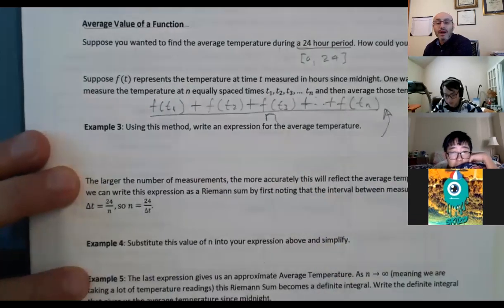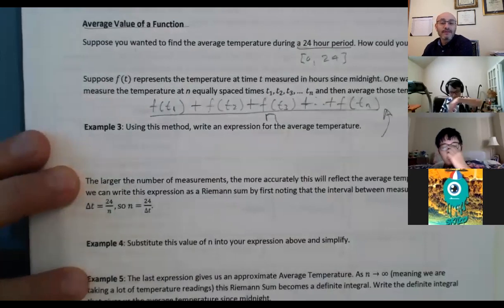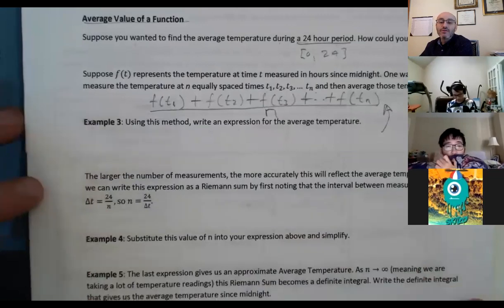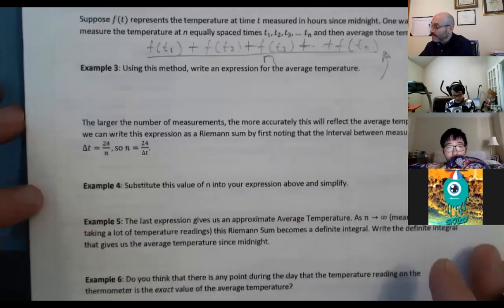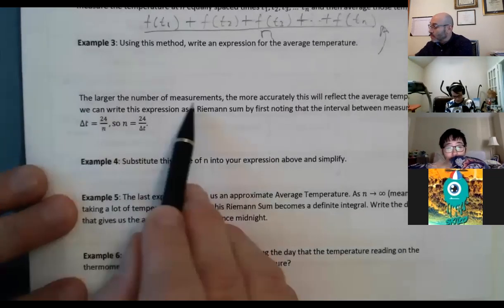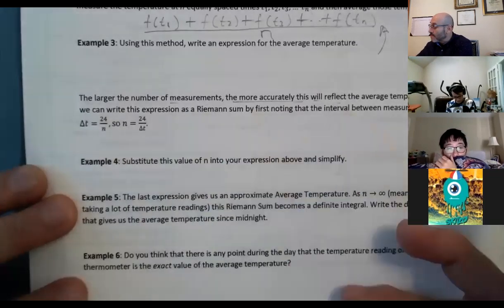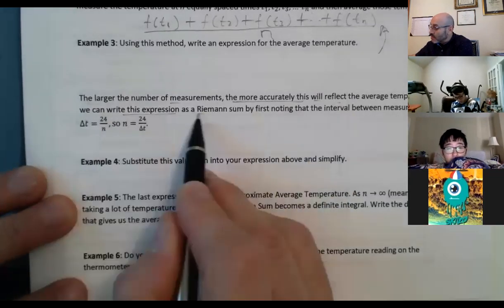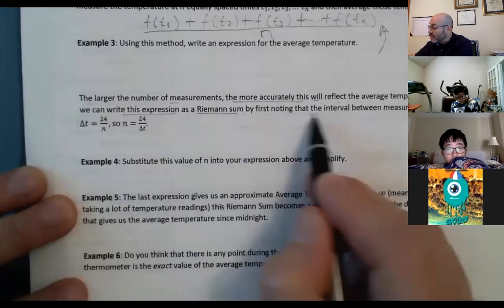All the temperature values divided by how many you take, right? So here it says, if I'm going too fast, you let me know, all right? Here it says that the larger the number of measurements, the more accurately this will be. So it says, notice we can write this expression as a Riemann sum by first noticing the interval between the